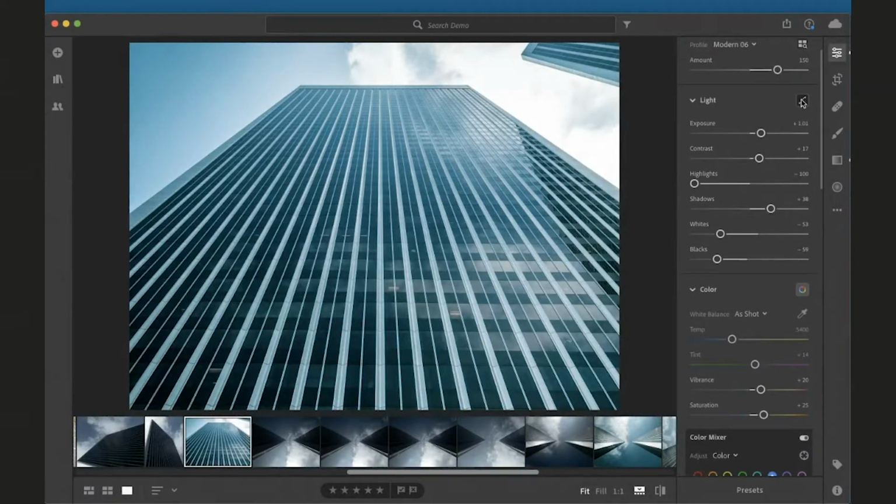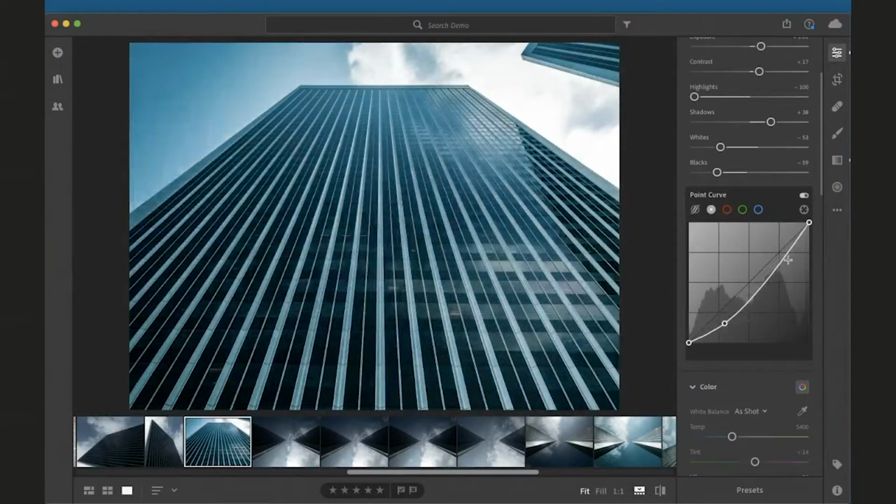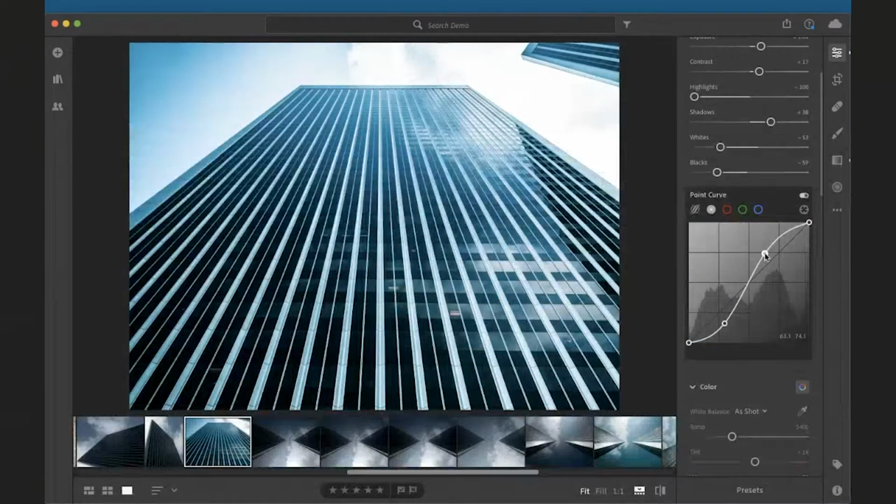So when you click on this little curve tool, you'll get your different tone curves. You can have your sort of global curve adjustment. So this is like input and output values for a photo. Then you'll get your point curves. You can drop little dots depending on how you want to edit. Some people are very curves-based editors. I'm not, but essentially,